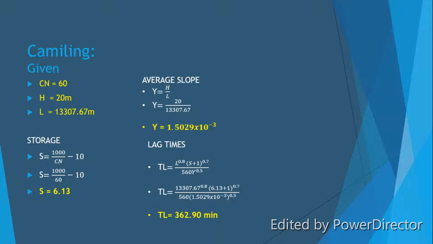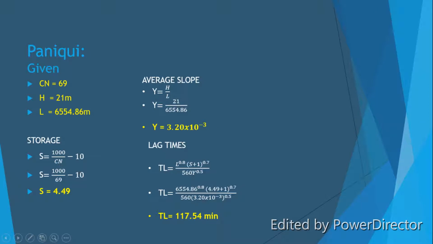The storage for Kamiling is 6.13. The average slope is 1.5029 times 10 raised to negative 3, and the lag time is 362.90 minutes. For Paniki, Cn is equal to 69, H is equal to 21 meters, and L is equal to